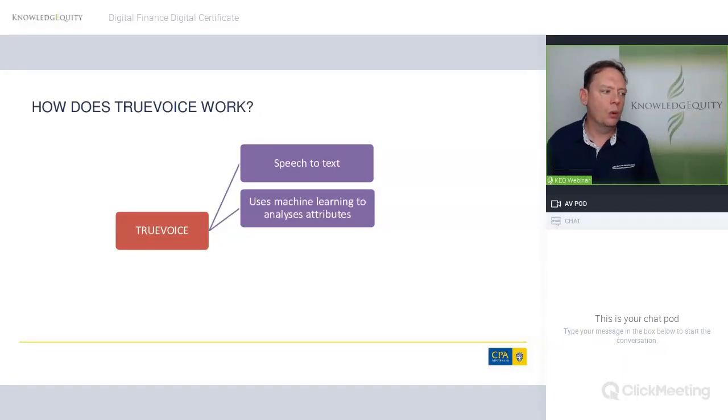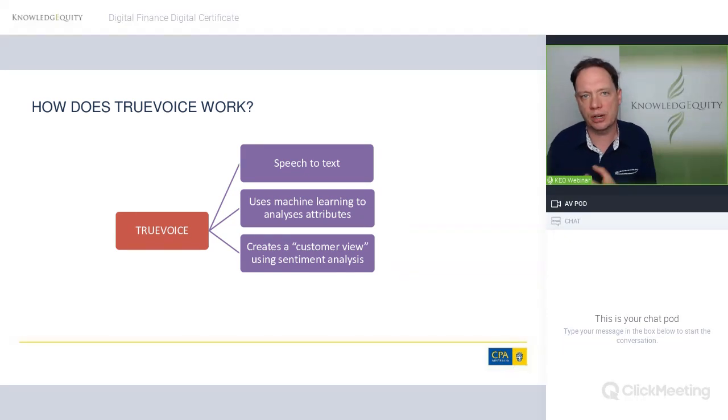Using an algorithm. Why would you want to do that? Well, there are enormous amounts of unstructured data trapped in emails, transcripts, and voice recordings. And if you're able to get that, then you can start to move towards creating what they call a customer view, or think about it in terms of sentiment analysis. You're trying to understand which of thousands of calls you need to focus on, because there may be issues like bad expression, the use of jargon where the customer is confused and is perhaps not giving all the information they should, because they haven't been clearly briefed or told what they need to provide. They've misunderstood information in the call.